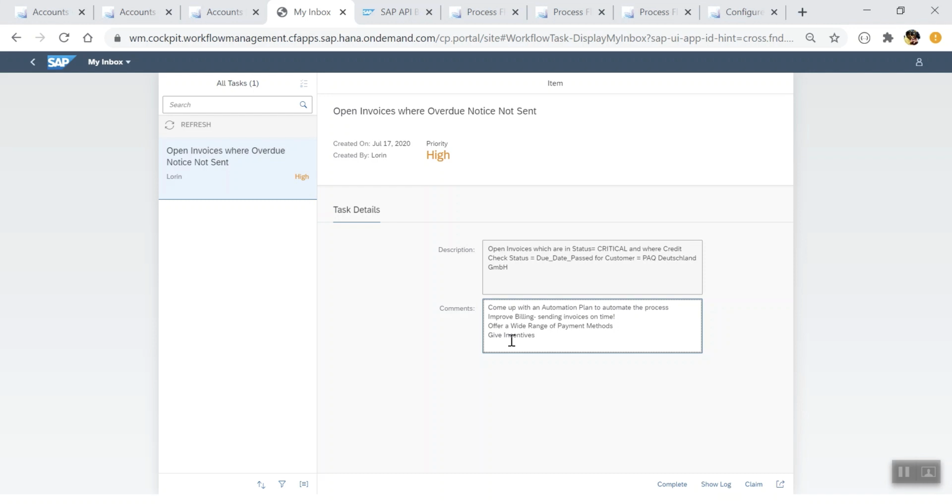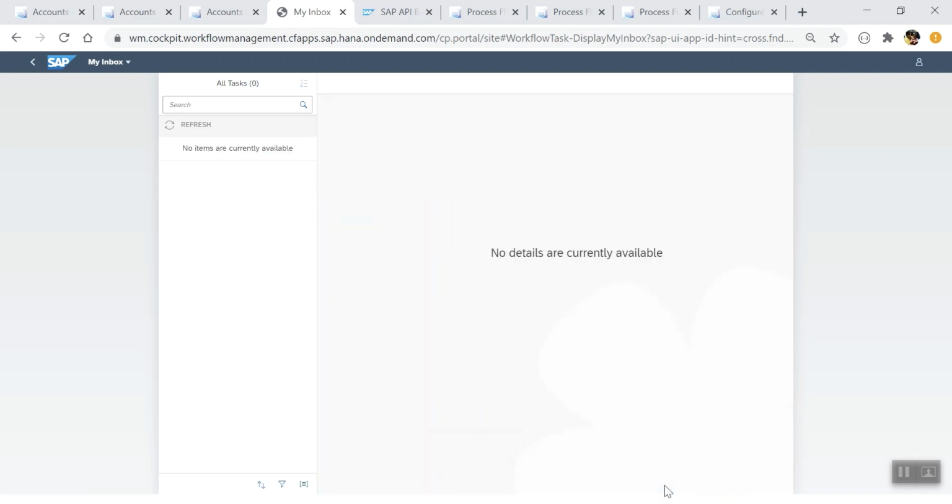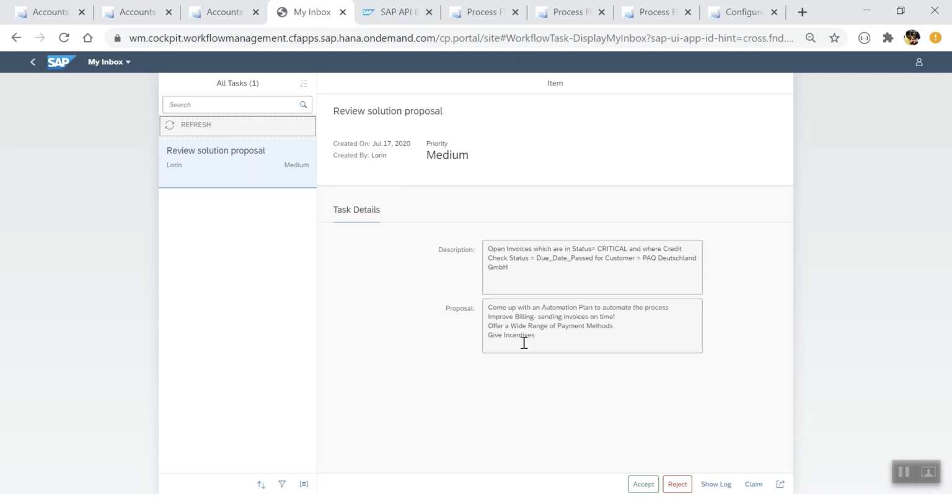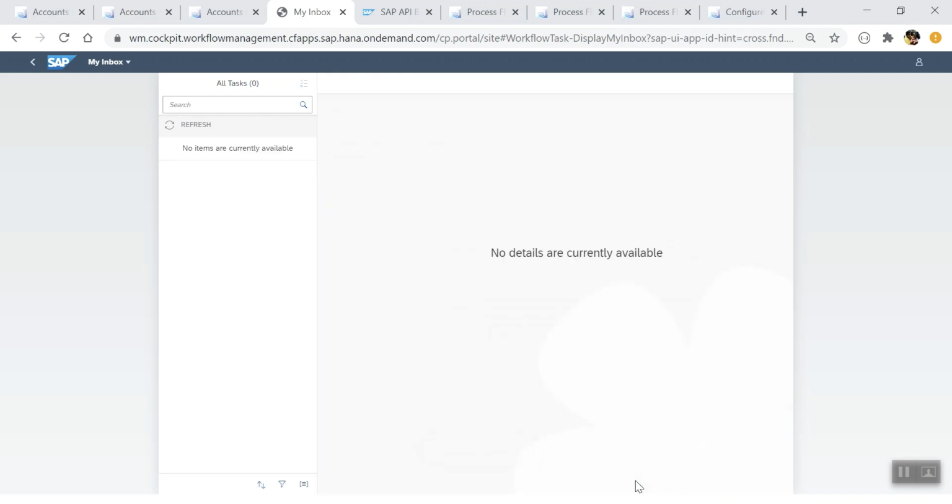So once he's confident about the mitigation plan, he sends it for review to the next level by setting the task to complete. In this demo, to avoid switching between users, we are using the same user as reviewer. So once the reviewer receives the task in his inbox, he goes through the proposed mitigation plan, and if the action plan sounds promising, he can accept or else reject. So you see how a business expert user can gain visibility on the live process and can also take appropriate actions from within the generated insights.